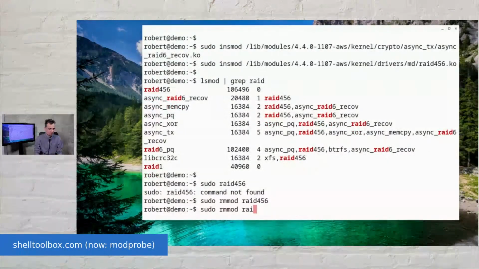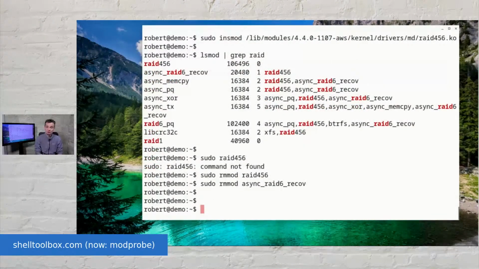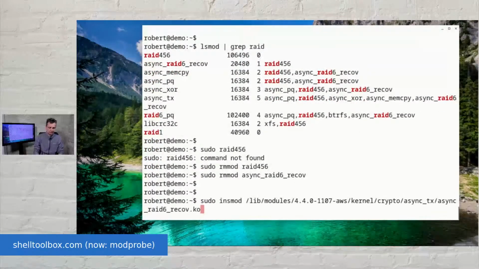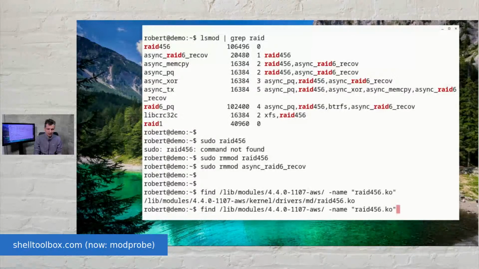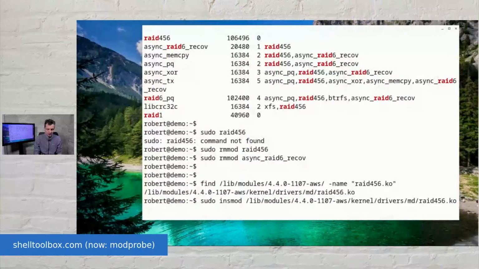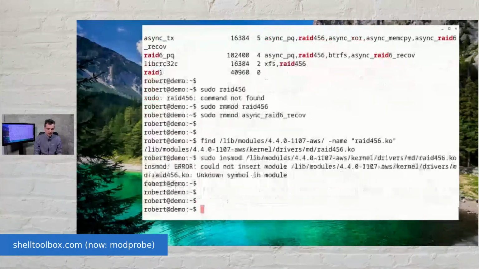And let's remove this async_raid6_recov kernel module. So now remember, we searched for the raid456 module, and then we called insmod, and we got an error. So now let's